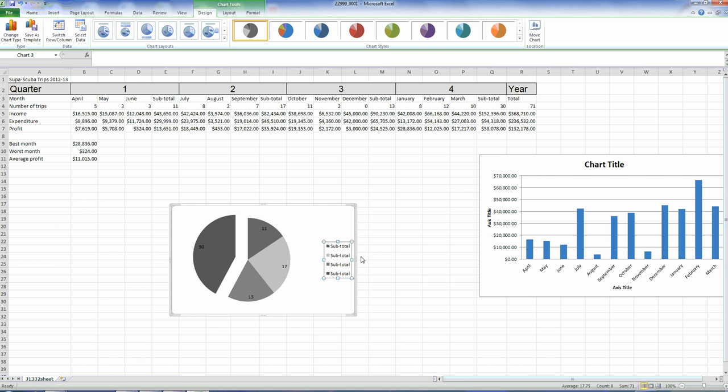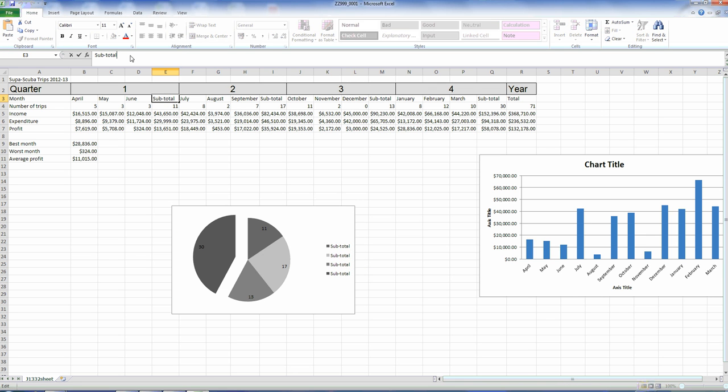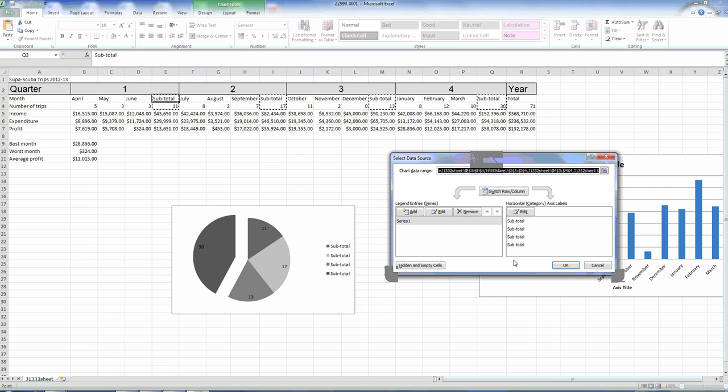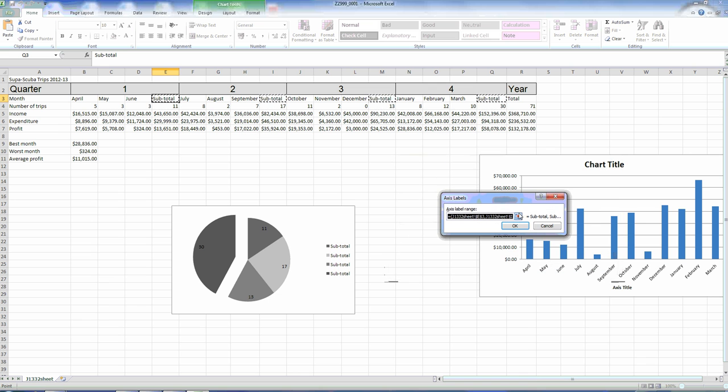Okay, so I want to change this from being subtotals. Now there's probably two different ways I could do this. One, I could just come in and go, okay, quarter one, and it'll be updated, which is probably the easiest way to do it. Another way would be to go to my select data, and I'm going to edit this. So in fact, instead of looking at these 4 different subtotals, I might click on